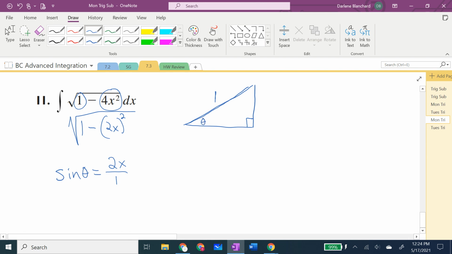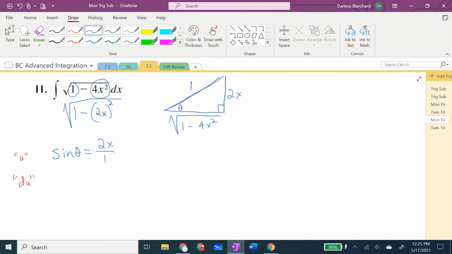And if this is my theta, then opposite... and you can see that I end up getting that exact square root if that's how I choose my trig function. And it's a way of knowing, feeling comfortable that you made the right choice. So once I have u, I need my du. So derivative. Derivative of sine. Derivative of 2x. And I have to replace my dx